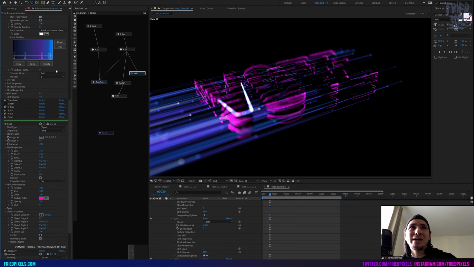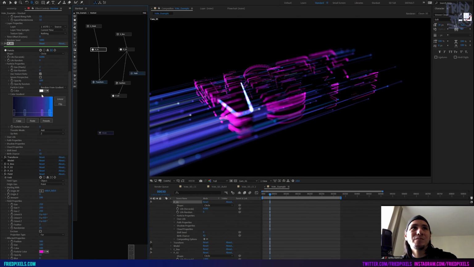I might even just get rid of the white value and make sure that there's more darker values than there are brighter, so that it allows for more contrast buildup. And you can play with screens or adds to find the exact look you want there. And that is also going to depend on your bit depth in your project. So I'm working in 16, so the higher you go, like in 32, you're also going to get more range in those white values. So that's something to consider. But so the variation on the values is important.